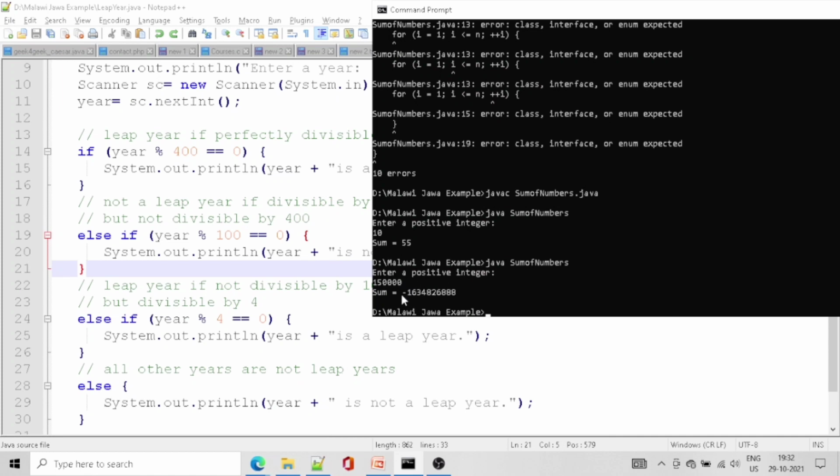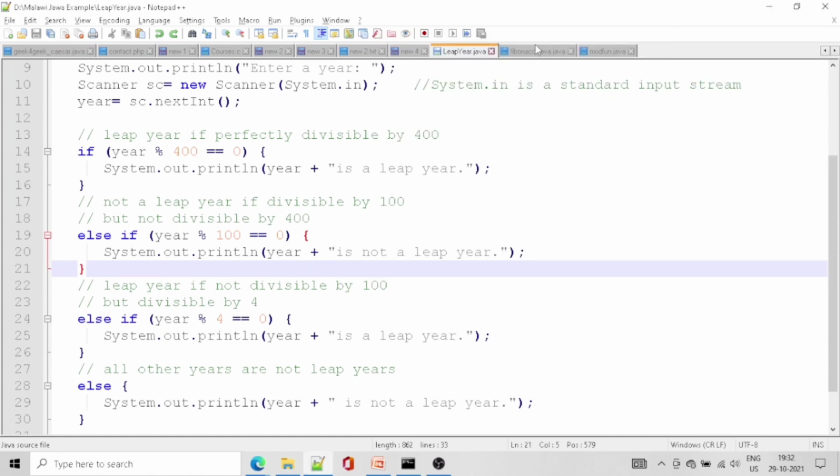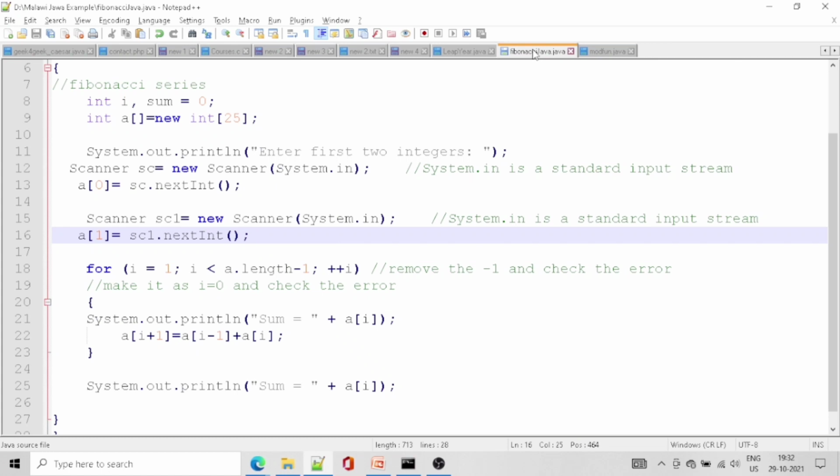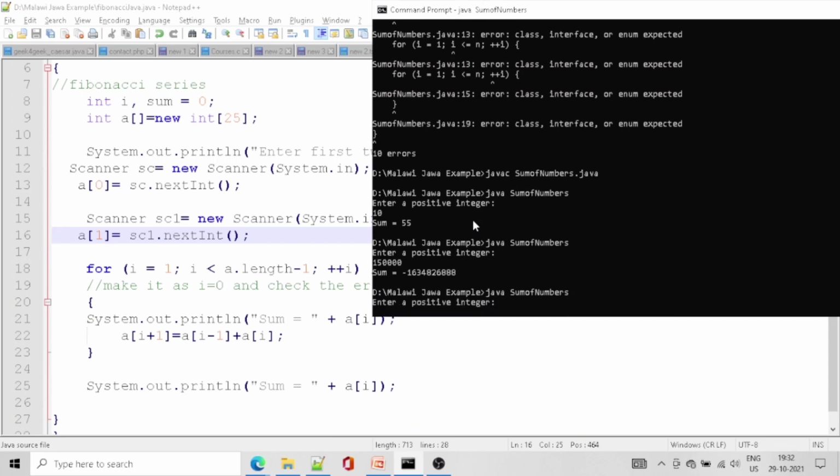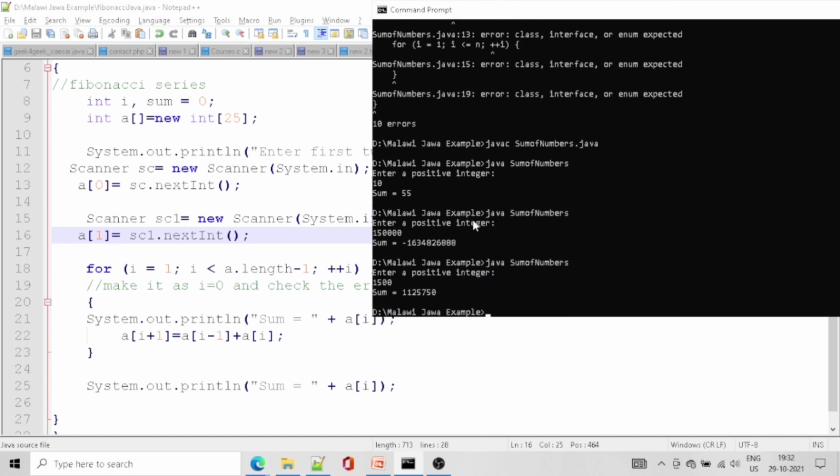It shows a negative number. The integer value is not working in a good way, because it has some rules to work on. So we will reduce the number.